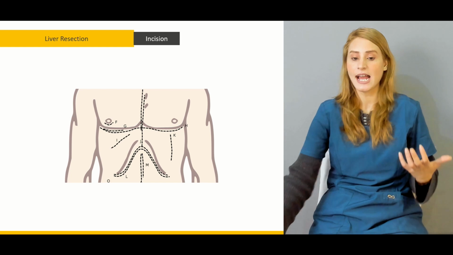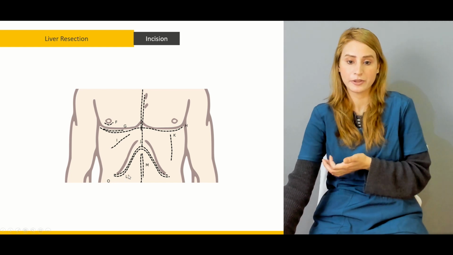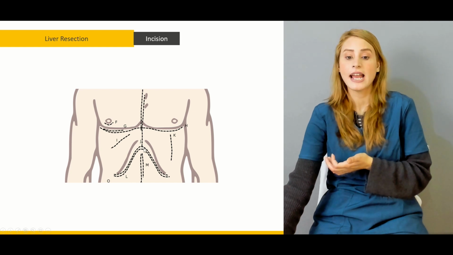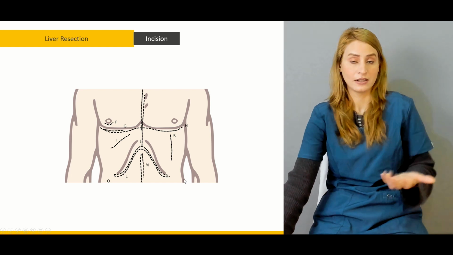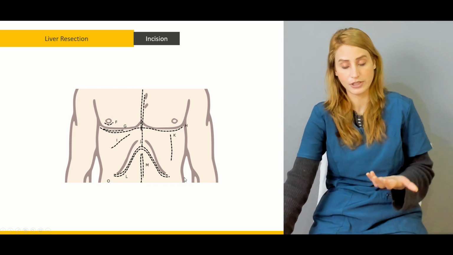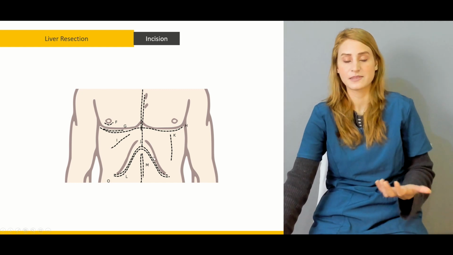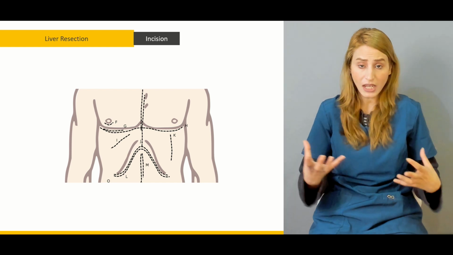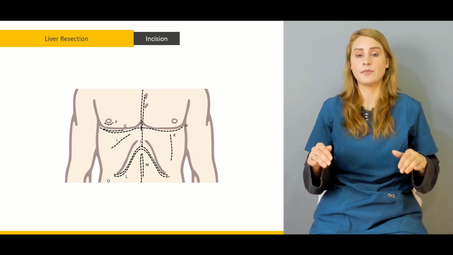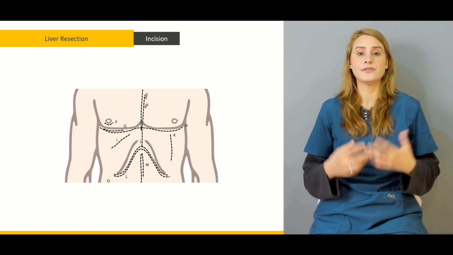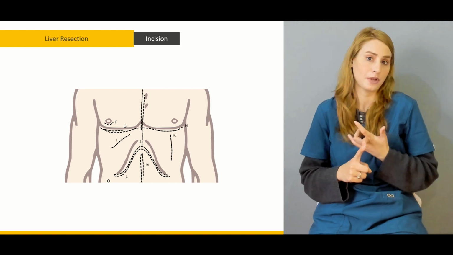Or other than that, there's another incision, where you start from the right hypochondrium, extend it to the xiphoid process, and then extend it to the left hypochondrium as well, so that the left lobe of the liver is properly, adequately exposed. So always remember, thoracoabdominal incisions are not in use anymore. Most importantly, we use two incisions: the right hypochondrium transverse incision, or you go for the subcostal incision,